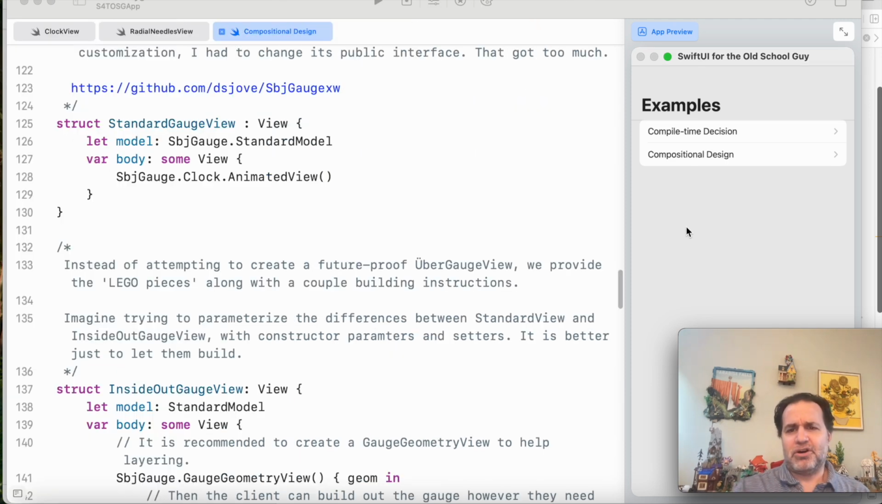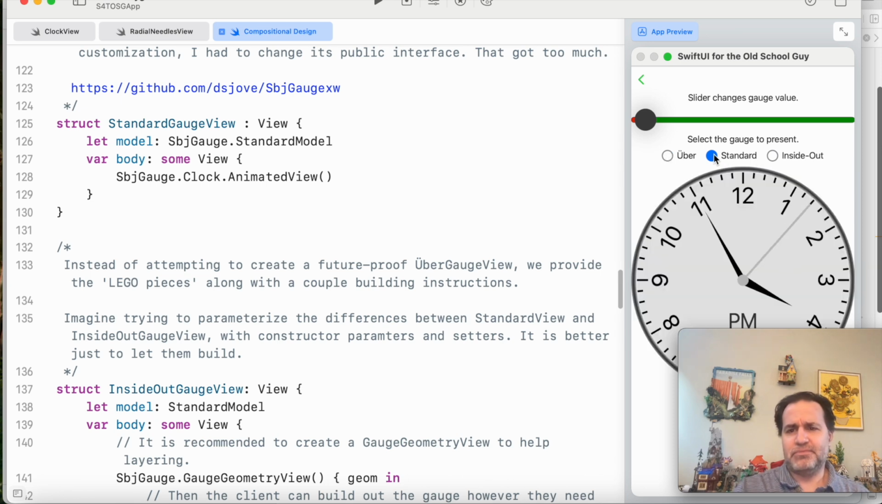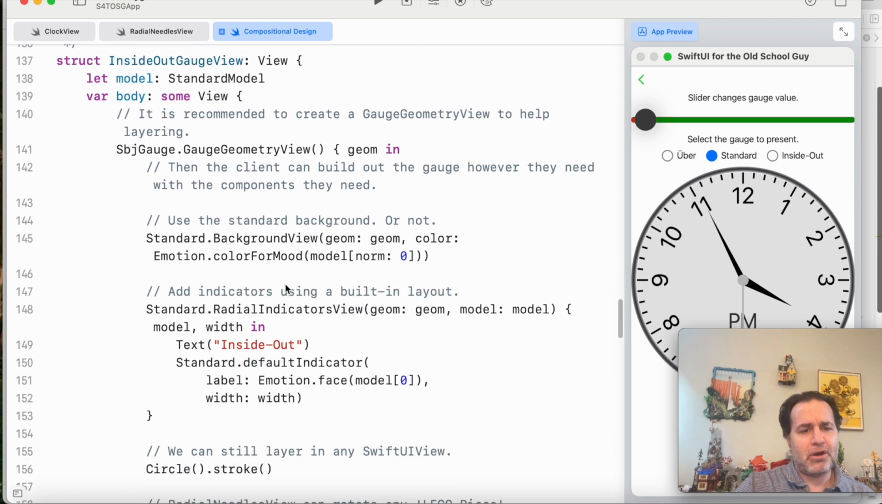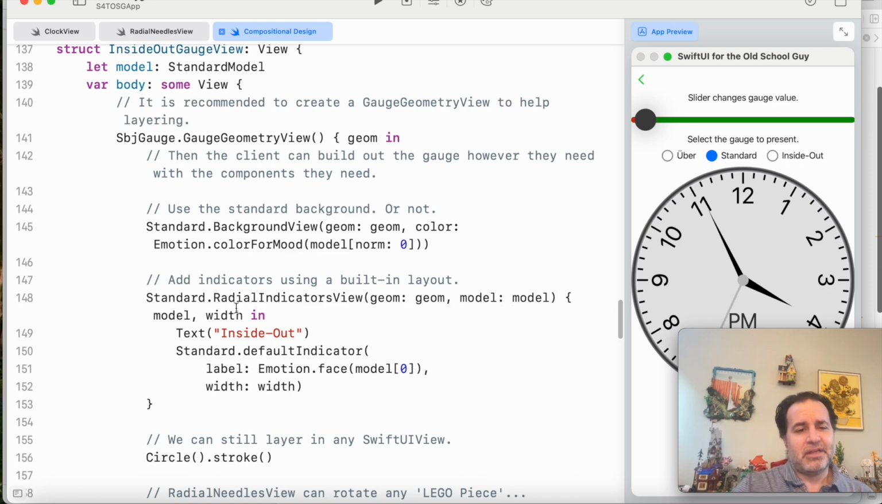So let's start by looking at the examples from the last video. I replaced the instance of the standard gauge with the built-in clock gauge, as you can kind of see on line 128. The clock gauge has 4 distinct values in it. It has hours, minutes, seconds, and then a value to calculate the meridian, AM or PM. And it used what we had here in our inside-out gauge of the